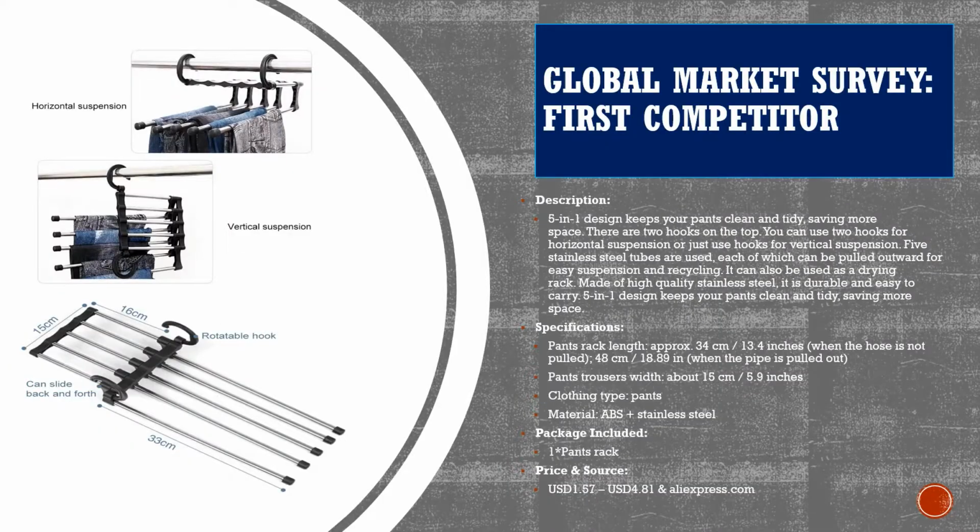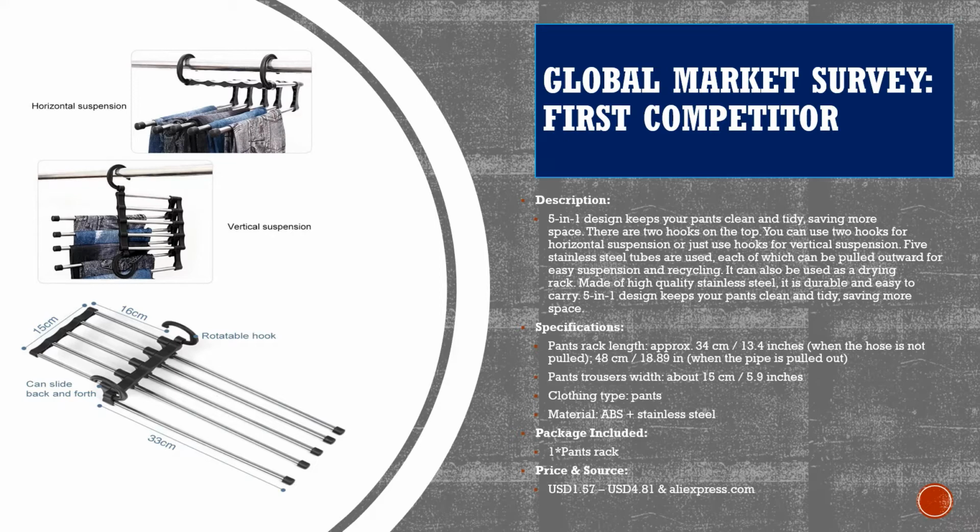The market survey is partly associated with benchmarking. So for our multi-purpose hanger, the global market survey and the local market survey have been done. For the first competitor, you can see that there is a horizontal suspension, a vertical suspension, and a rotatable hook type of hanger being sold, and you can get them on AliExpress for about $1.57 to